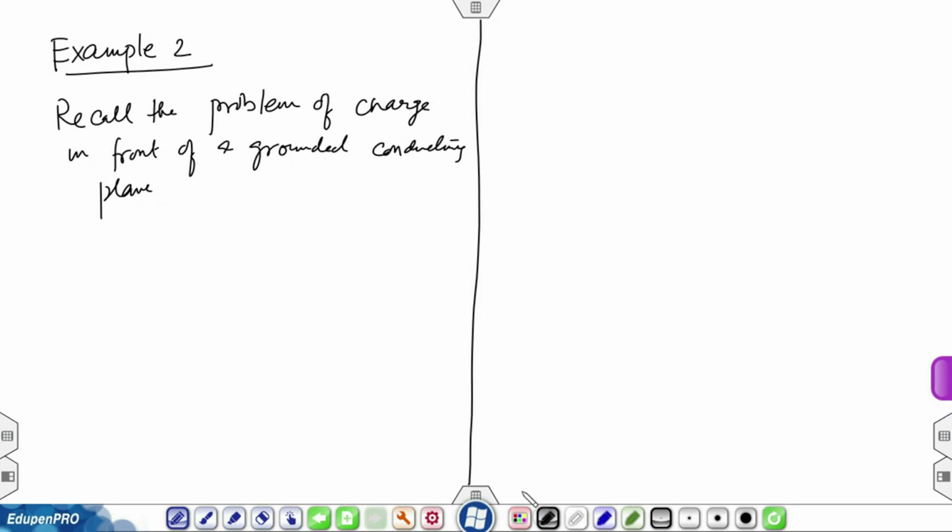The problem was that we had a plane which was grounded and there was a charge q in front of it. What we want to do now is make this problem more complicated and ask, if I have two grounded planes, like in a parallel plate capacitor. They are not grounded, but I am grounding them now. So, plates are like in a parallel plate capacitor, infinitely large. So, they are extending,